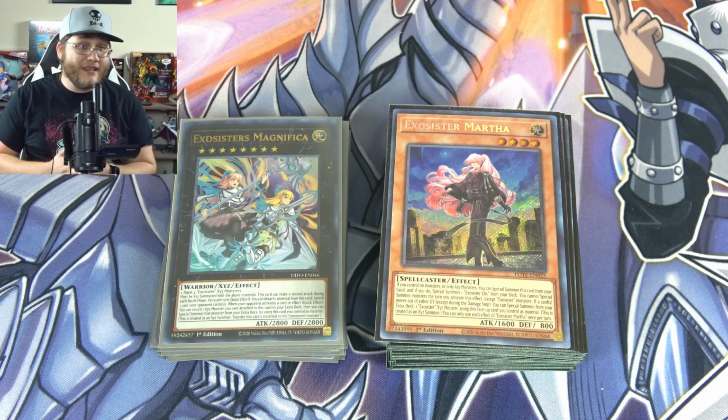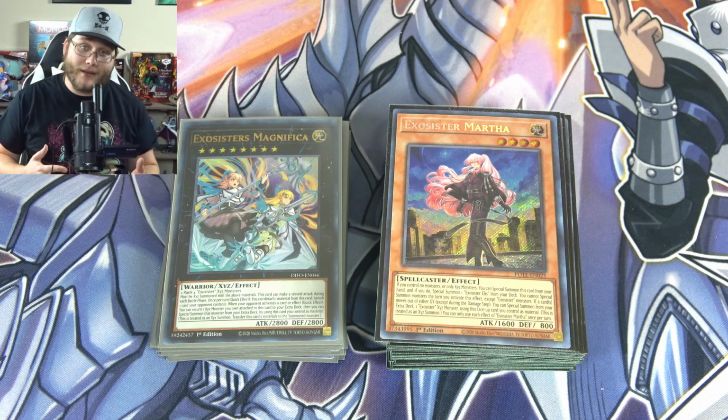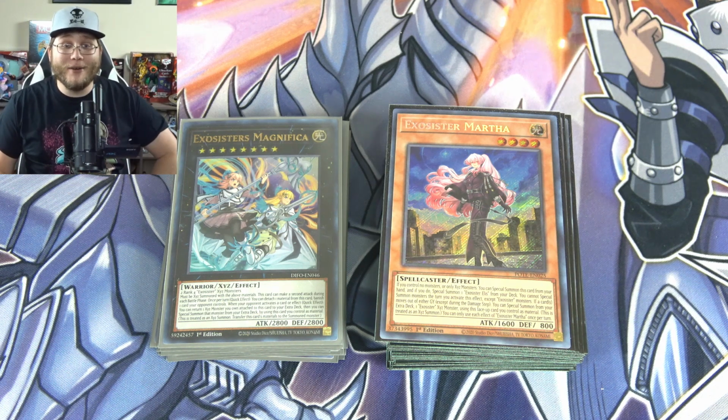Of course using the latest ban list, and using the brand new support that came out in Power of the Elements. So that means now we finally have Martha, and then also we have their brand new trap card too,